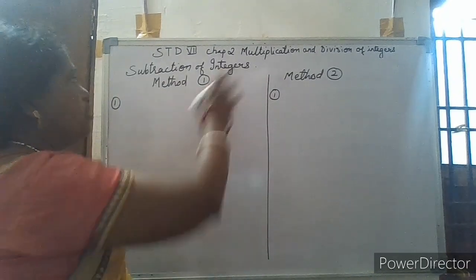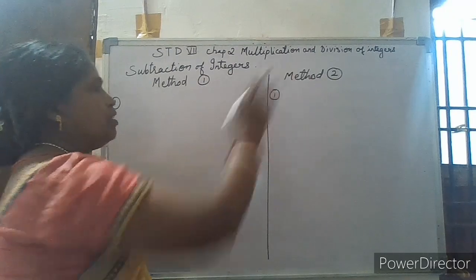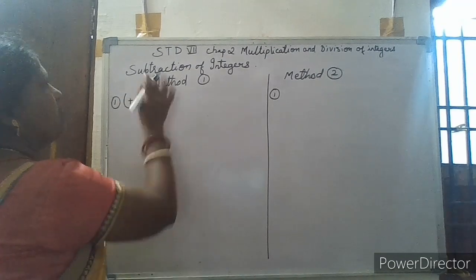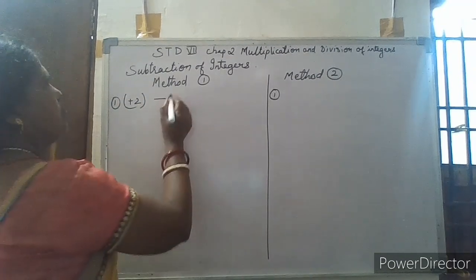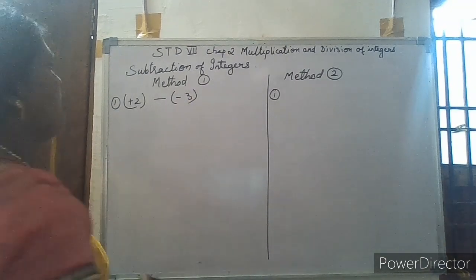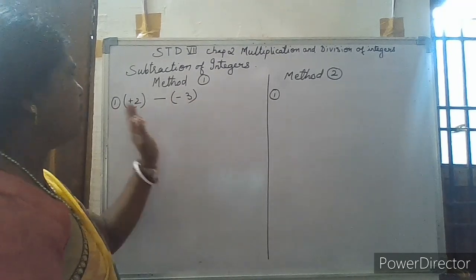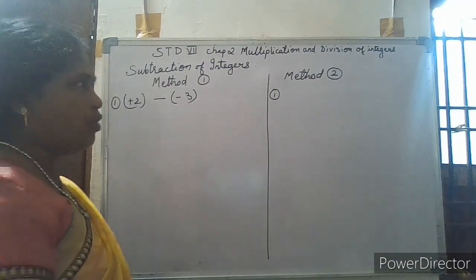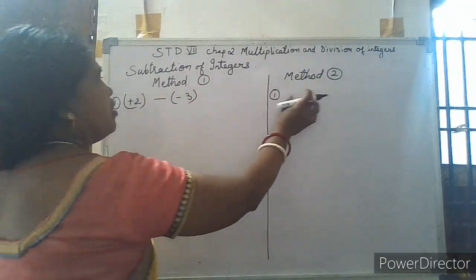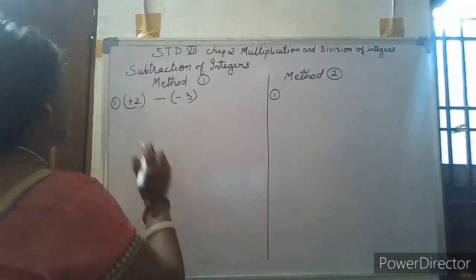Now we are going to learn subtraction of integers. All this also you have already learned in 6th standard. We have got two methods. For example, see, suppose we are learning subtraction, so minus sign will come in here, minus 3. Yes. This is an example. For the first method, we open the brackets of these integers, and then we'll apply the rules of addition only. Here what we do is that for the second number, the sign is changed and then again addition, same rules are applied. Now look here.